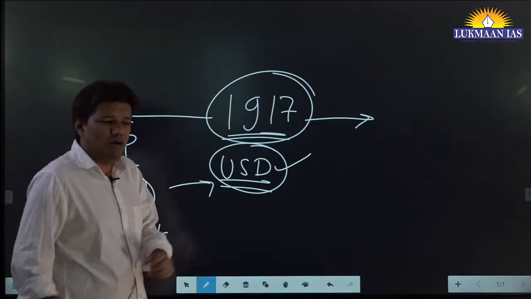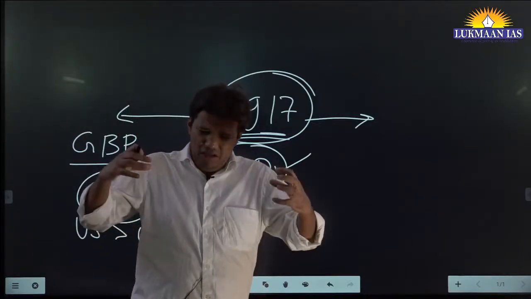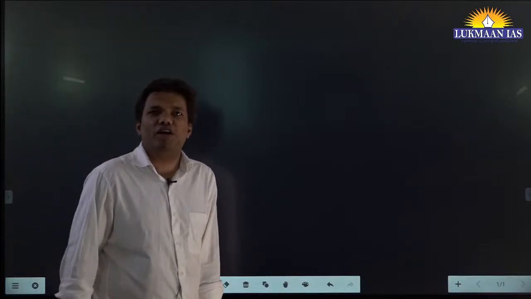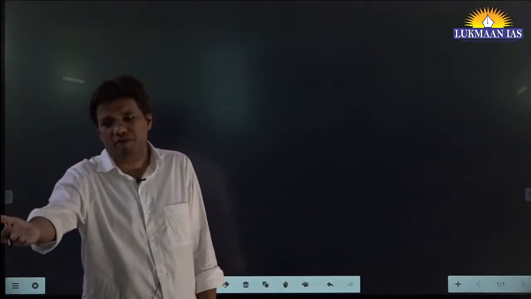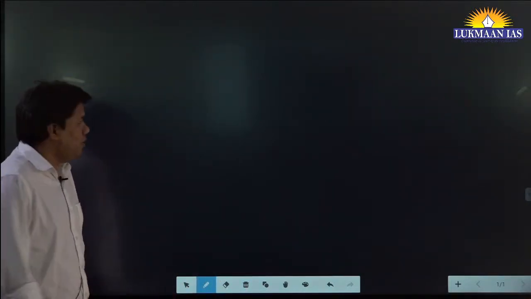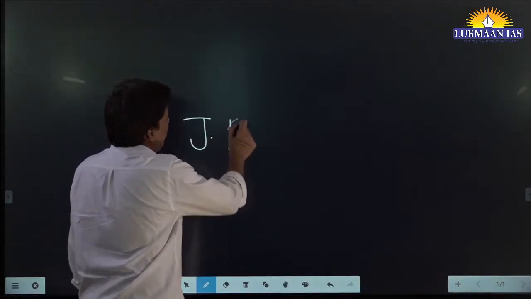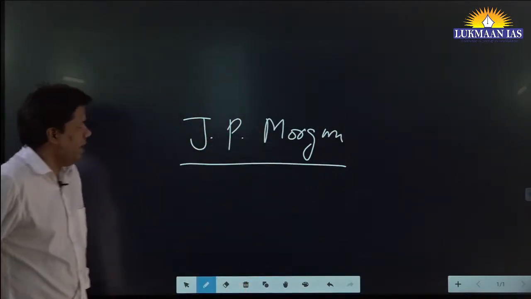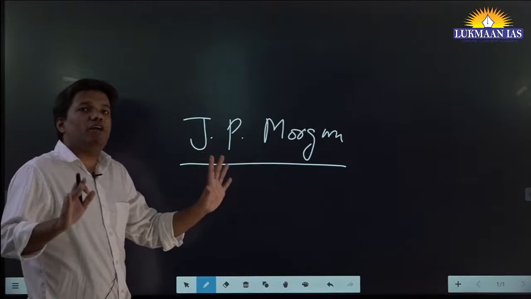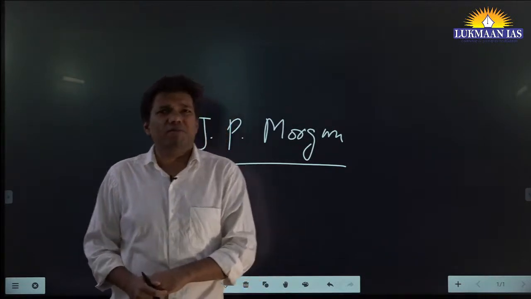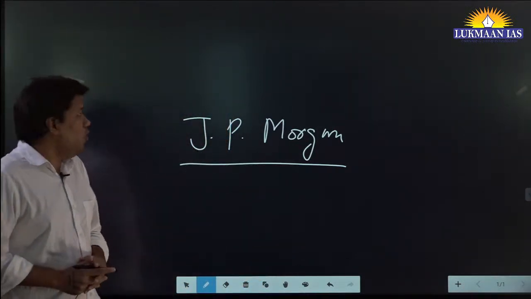USD did not have the financial depth of the financial market. In fact, see what happened. The Federal Reserve is the central bank of the US, right? Like we have RBI, the US has the Federal Reserve. Before the Federal Reserve was established, JP Morgan, which is also an asset company and bank, was a de facto central bank of the US before, if I'm not mistaken, 1905 or something like that. So now there is a famous story.